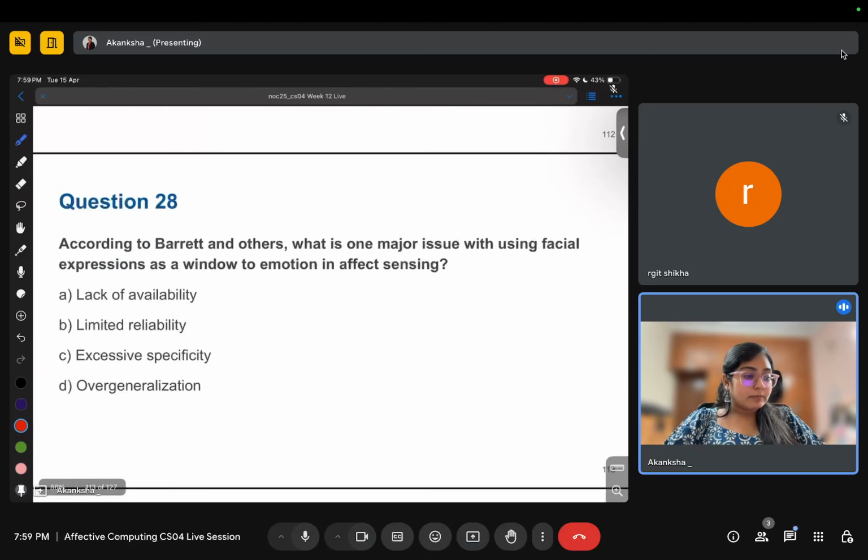According to Barrett and others, what is the one major issue with using facial expressions as a window to emotion and affect sensing? Is it lack of availability of facial expressions, limited reliability, excessive specificity, over generalization? So, facial expressions are actually not very consistent across different cultures.